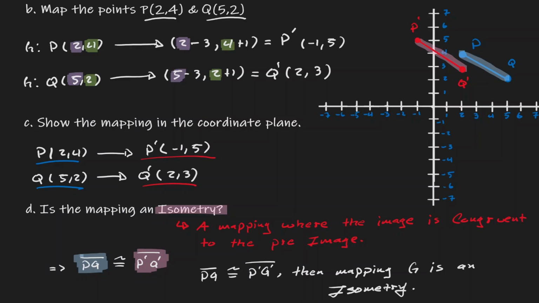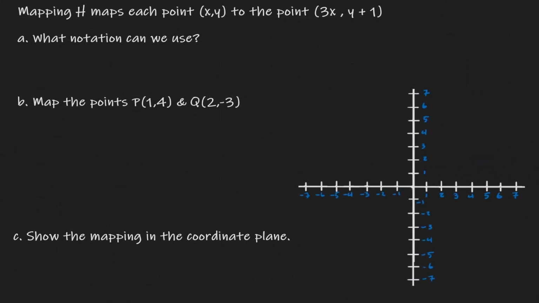Let's take a look at another example. So here now, we have a map, let's call it H, and it's going to get a coordinate point, x, y, and it's going to give it a new location, defined by 3x, y plus 1. So the notation that we can use here, we can start by naming the mapping, which is H. Let's list the pre-image, which is a coordinate point, x, y, and then we're going to map it to a new location, 3x,